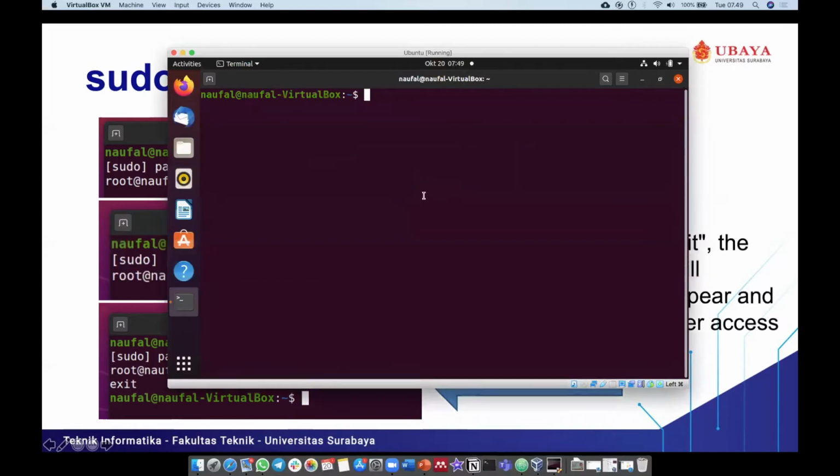Okay, I want to be a super administrator, or super user, or root. Yeah, we can call it an administrator like that. So I just type sudo su. Then I need to type my password. So if I type the correct password,